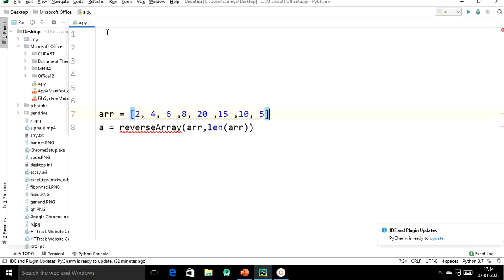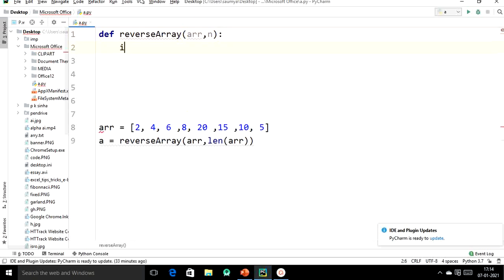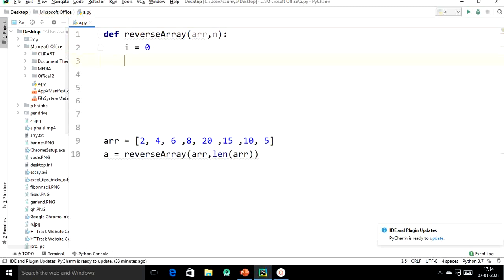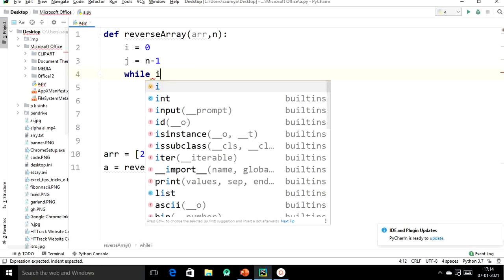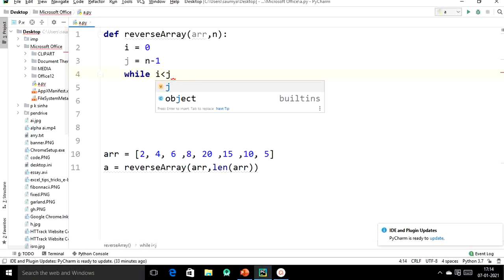Now what we have to do, we have to define the function reverse array like this, and here it will be storing this array and n is holding the length of the array, right? Now take a variable i, initialize it with 0, take another variable j, initialize it with n minus 1, and then we will run a loop up to the time i value is less than j.